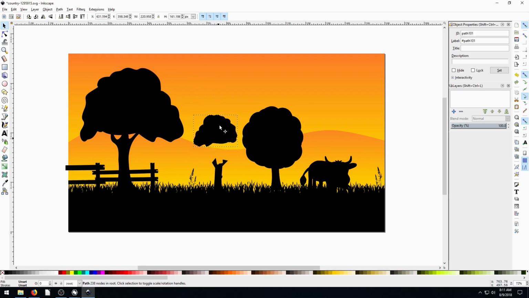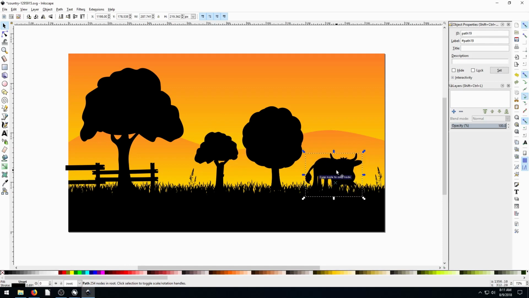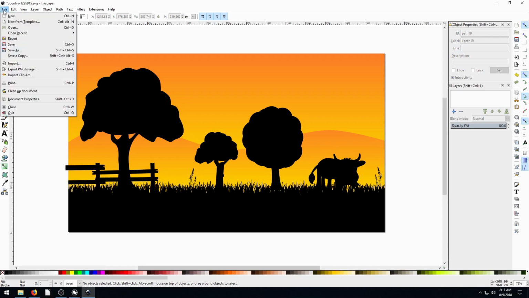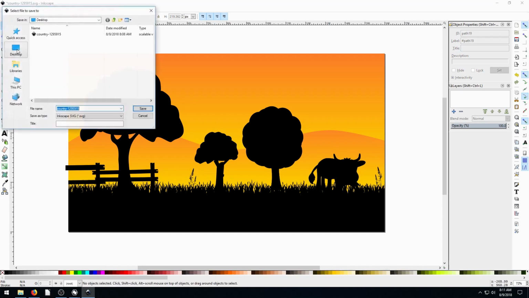Yeah, but this is a separate one, for example. So it's just the way the artist created this image. And then we have the cow here. So what I'm going to do, we'll just leave everything like that. And now that I've ungrouped it, I'm going to go File, Save As, and we'll save another copy,